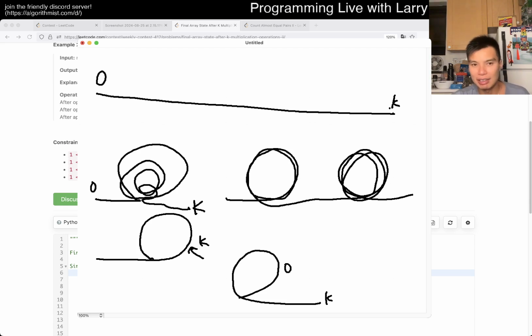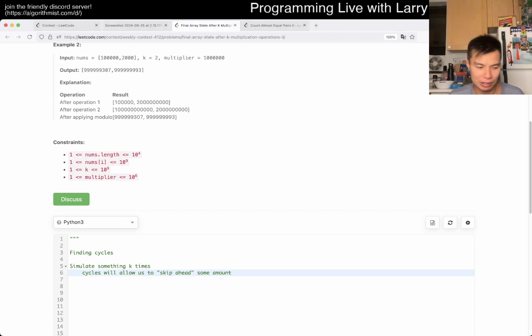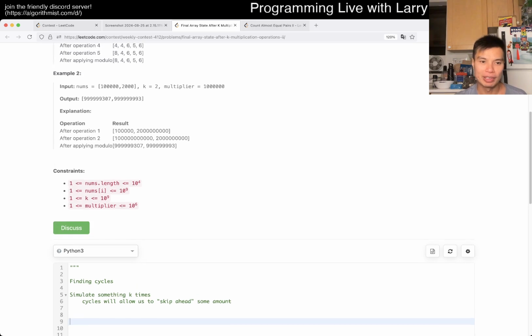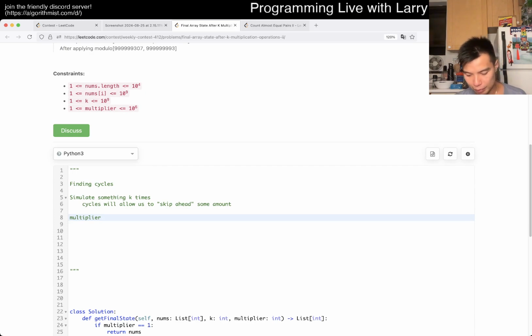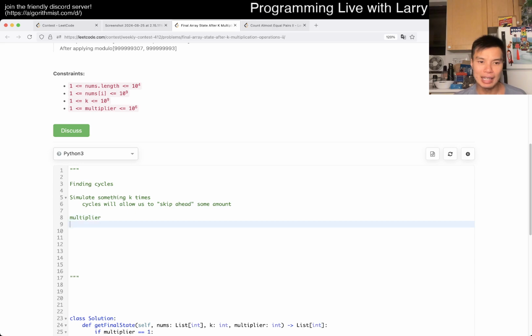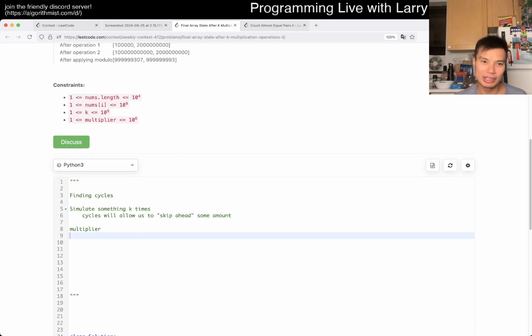So definitely these are things, yeah. But the idea about cycle finding, or whatever you want to call it, I actually don't know the actual name. I just call it cycle finding, but it's just kind of having a way to compress a lot of things, right? Because you know that you can't do it k times. You're just trying to find ways to do it. And then for this problem, the key idea is that you have a multiplier. And what does this multiplier mean? This multiplier means that numbers will get big very quickly. That's one. Two is that